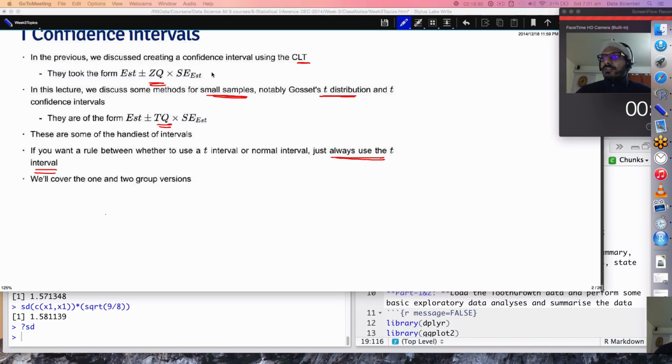So the topic that we're going to learn today is T confidence intervals. Plus, we are going to discuss the project. All right, so coming to T confidence intervals,